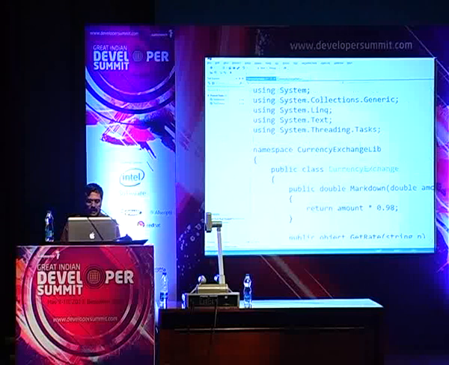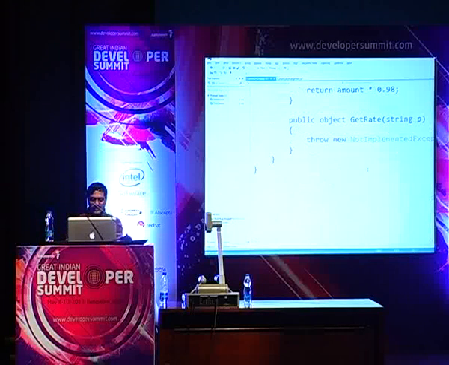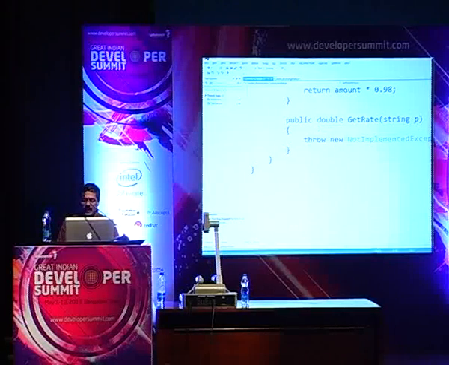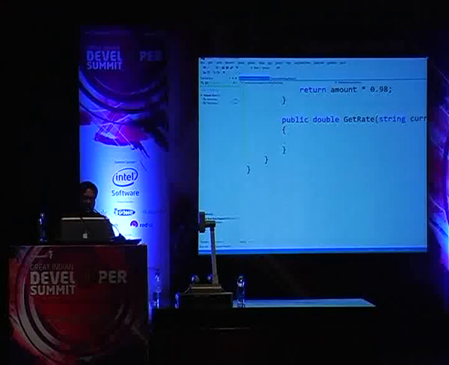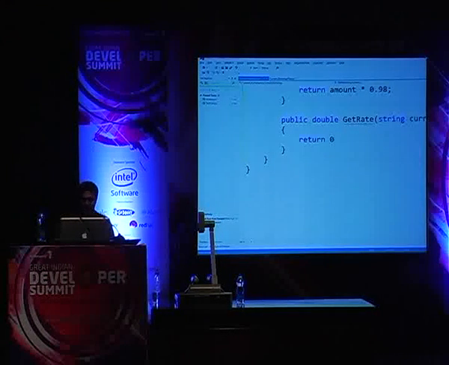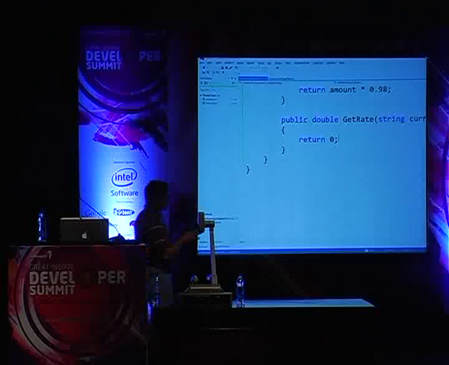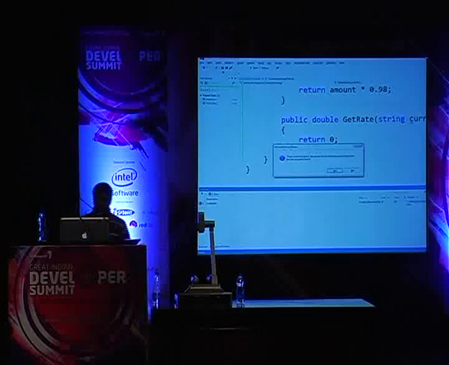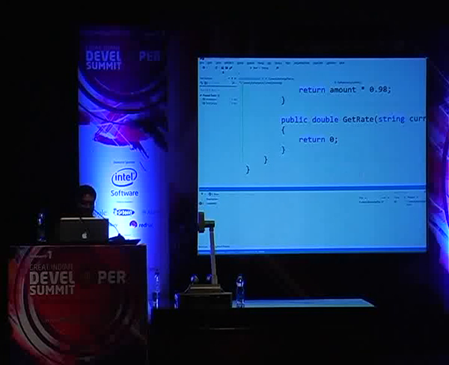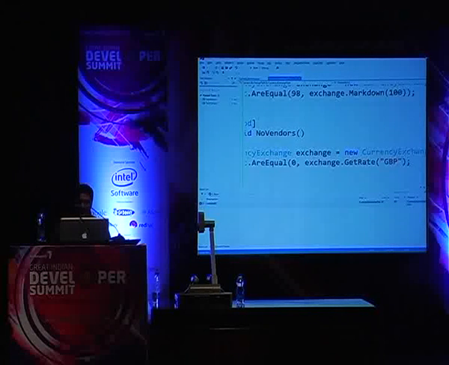So going back to the code, I can define the interface of this. I want this guy to return to me a double value for the rate, and I want him to take as an input the currency that he's going to use. And we want to write minimum code to make the test pass. So all that I'm going to return here is a 0 for now, because that's more than adequate to make the test pass as we have it right now. So I'm writing this code, running the test, and oh, I had made a mistake. It tells me that I have something wrong here. Let me go ahead and fix that error. It tells me that a parenthesis is expected. Absolutely, I forgot to put that here. Let's go back and run the